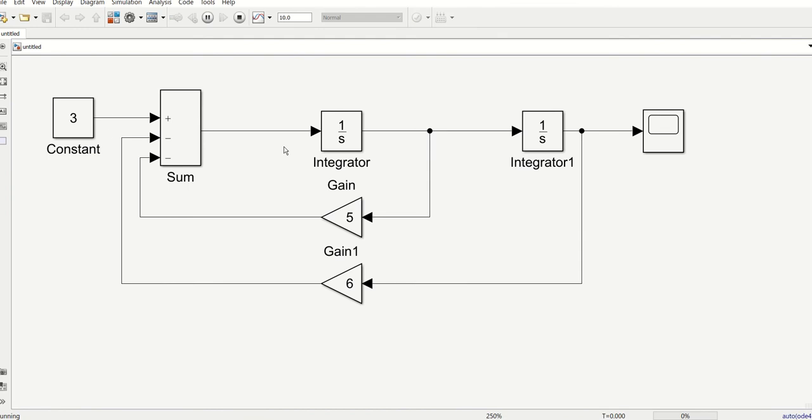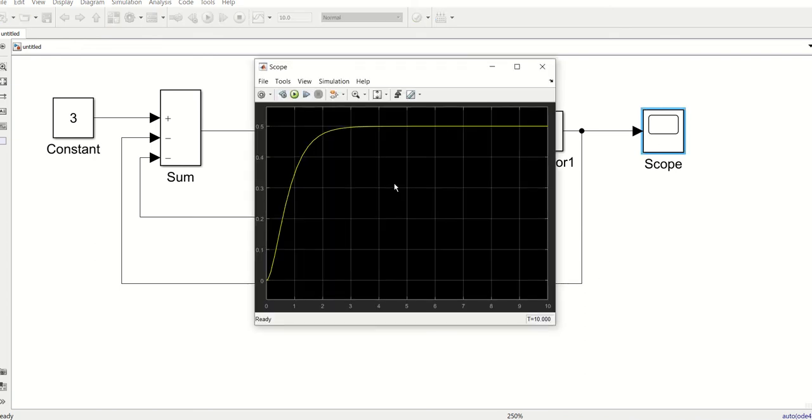In the meantime you can try to arrange by yourself what the things are that are being seen here. So integrator, which is going to give you dy by dx, and this dy by dx is going to give you y. So y of x is going to come as a scope output. I'm going to double click this scope, and it will give you the output. So you can see this is the output that is being seen.